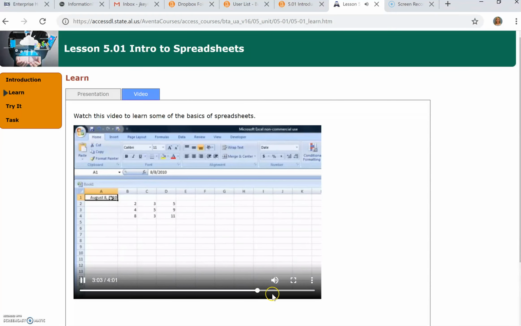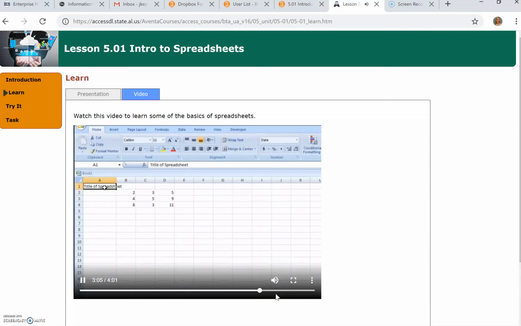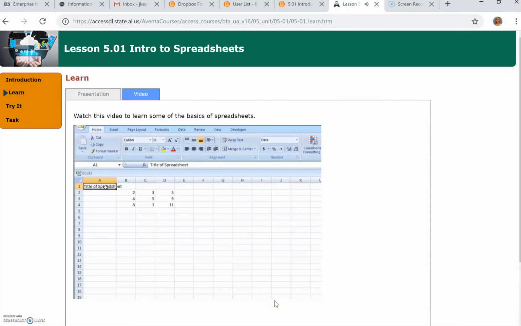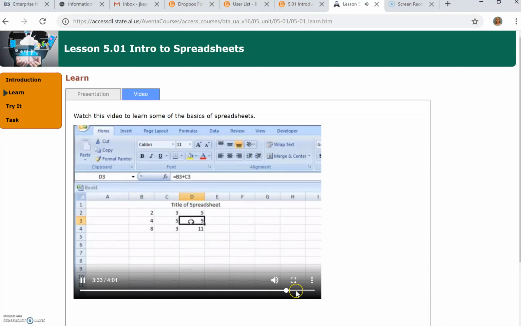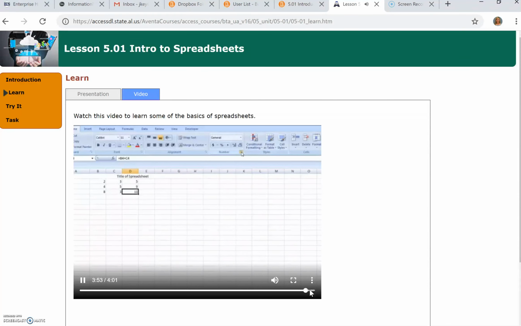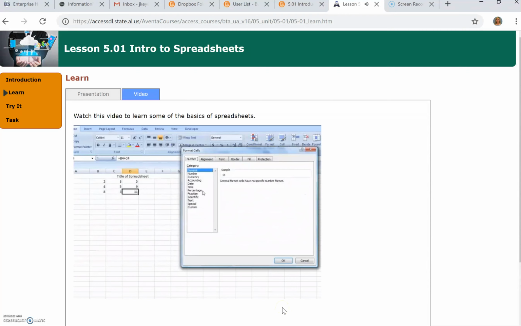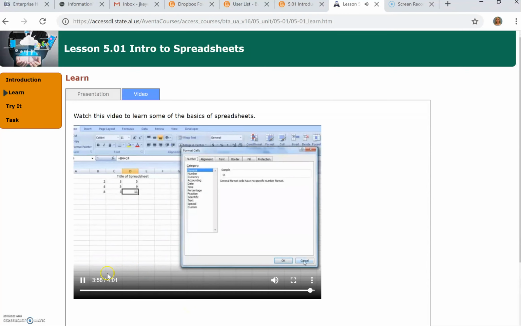Room for the date. If you would like the title of your spreadsheet centered above the spreadsheet columns, you can block as many columns as you need to cover the spreadsheet and do merge and center. And that will make one cell in center result of that calculation. And remember that all formulas begin with the equal sign. That tells your spreadsheet that what will follow will be home ribbon under the number group. And there's different formats that you will apply to the numbers. Okay, some of you will notice